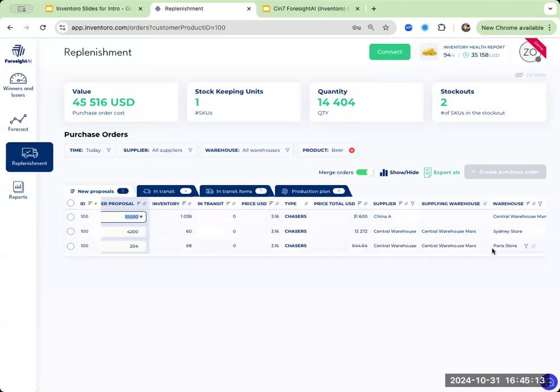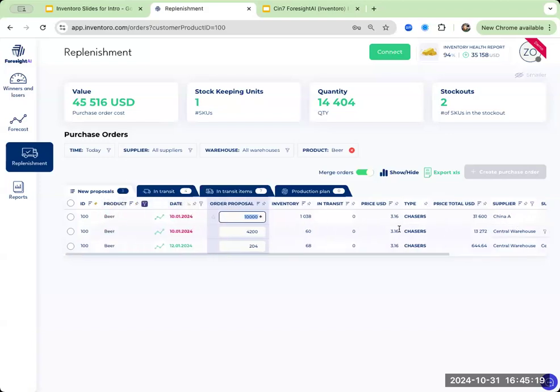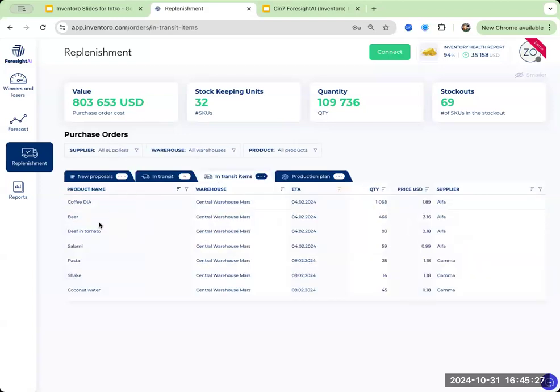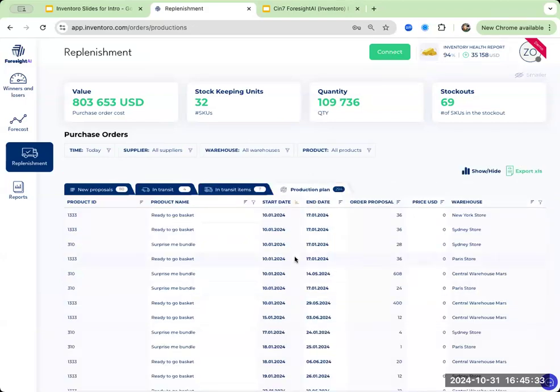So if you have a little bit more of a complex warehouse system that works like this, that is a capability of the software. In addition to that, it does track some other stuff as well. So this will track your POs as well as breaking down the POs further on a SKU by SKU level. And then if there's anyone on the call who uses production plans or assemblies, this is also going to